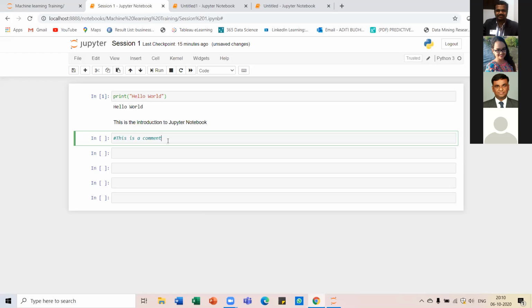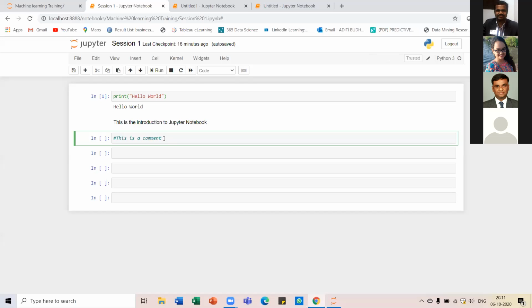What actually happens is, when you write this in markdown text, the interpreter of this programming language considers that it is not a line of code, so it doesn't execute it. When you put it in a coding line, like In 1, 2, 3, whatever you're seeing there, the compiler looks at it as a line of code, tries to execute it, checks the syntax and executes it. That is the basic difference between markdown text and a coding line.